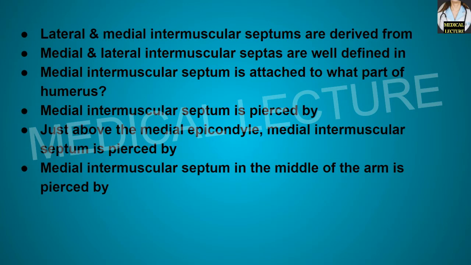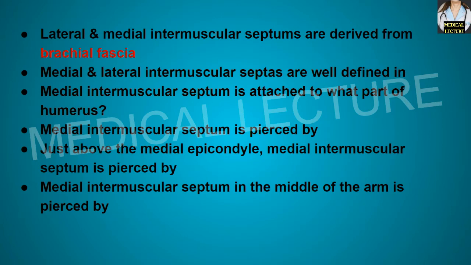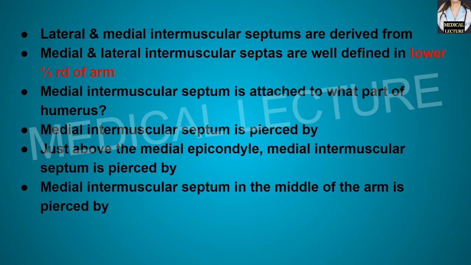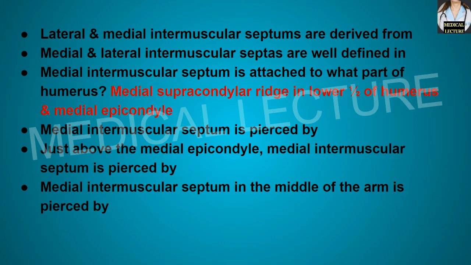Lateral and the medial intermuscular septum are derived from brachial fascia. Medial and the lateral intermuscular septa are well defined in the lower one-third of the arm. Medial intermuscular septum is attached to what part of the humerus? They are attached to the medial supracondylar ridge in the lower half of the humerus and the medial epicondyle of the humerus. Medial intermuscular septum is pierced by